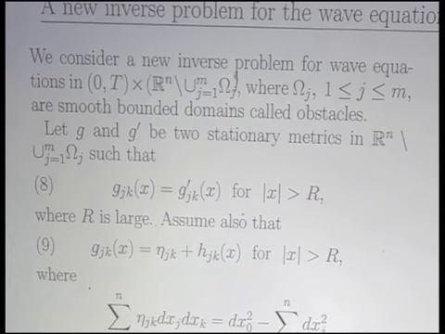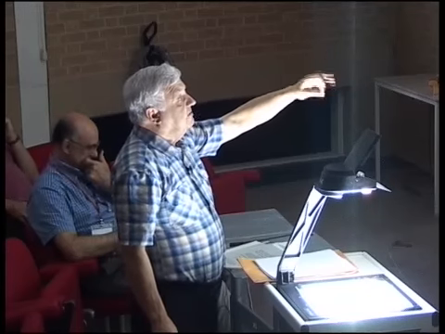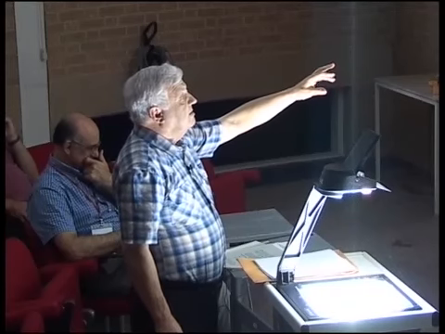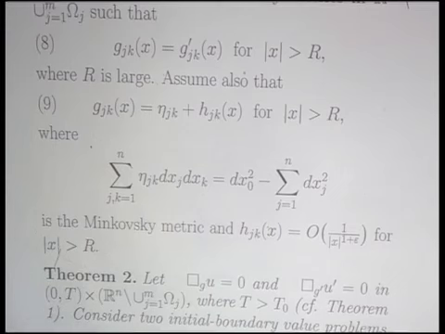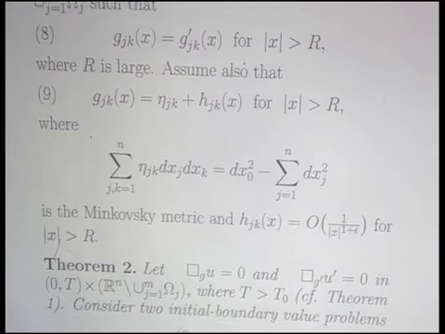Suppose we have two metrics, and suppose these metrics coincide outside of a ball, and also they are asymptotically Minkowski. So g_jk is eta_jk plus h_jk, where eta is the Minkowski matrix, and h_jk is decaying, short range decay, 1 over |x| to the power 1 plus epsilon. Then the theorem is,